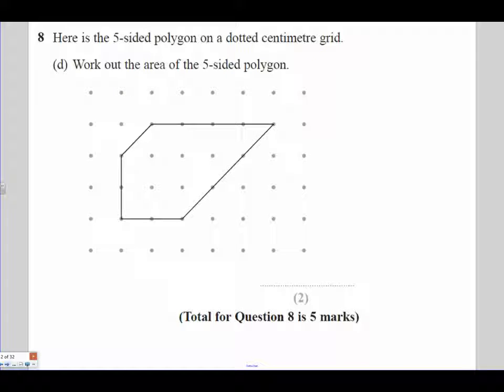Part 8D wants us to work out the area of our 5-sided polygon. And this is worth 2 marks. Well, when you have these centimetre grids, the easiest way to do it is count the number of squares that make up the shape. So looking at whole squares,